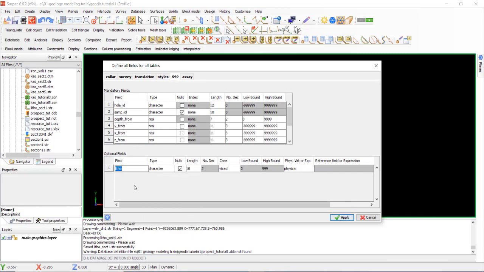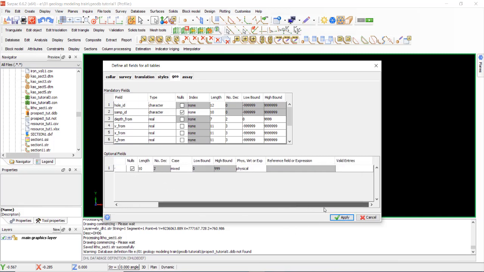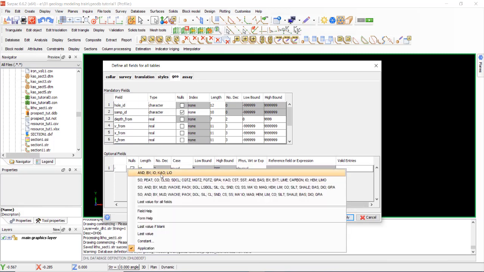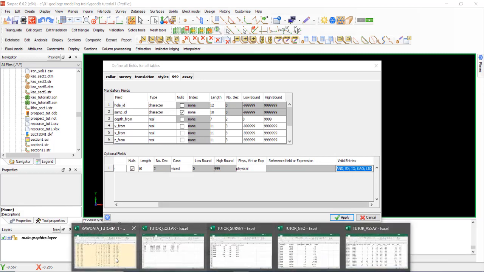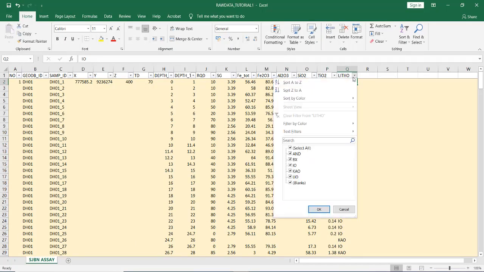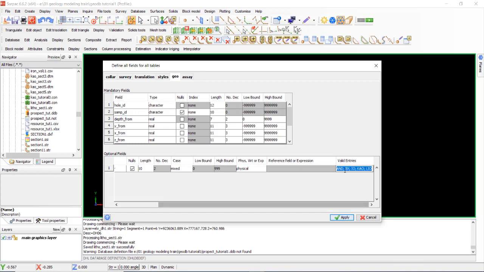Select lithology, litho, character, and then valid entry must be filled with this lithology, the same as your data. Okay, andesite, breccia, and so on must be the same. Andesite, point, comma, space, back bx, and then so on.